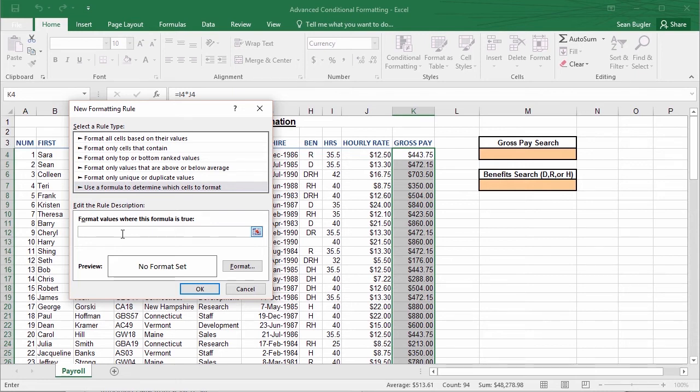Well, the first thing we want to account for is whether or not our gross pay search has a value in it. So we're going to actually start with an IF function, where the IF function is: if M4 does not equal 0, then execute the rule. So once again, if M4 equals 0, this output would be false, and as per conditional formatting, because this formula